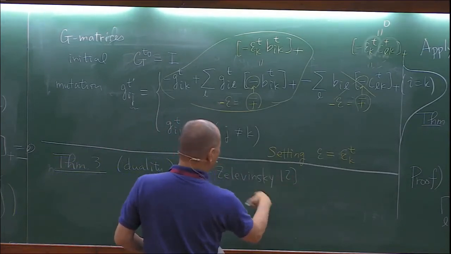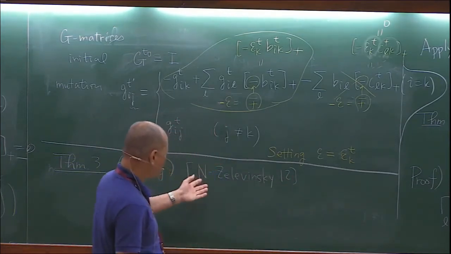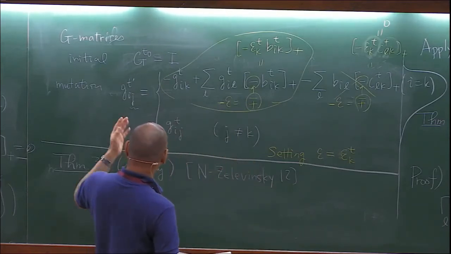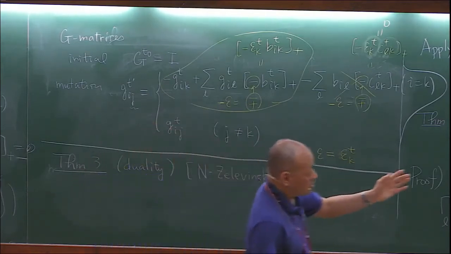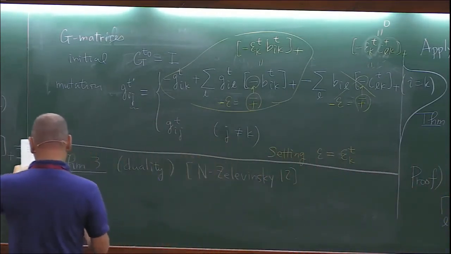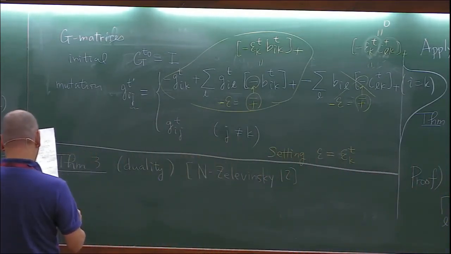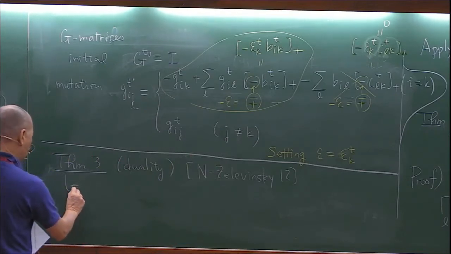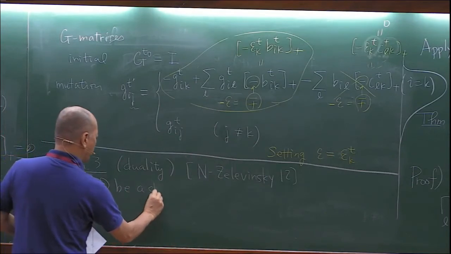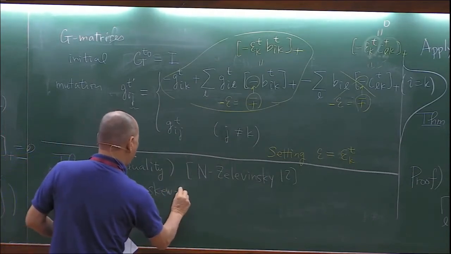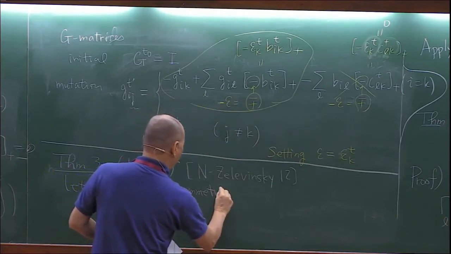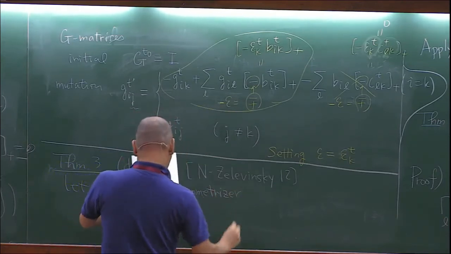Under the assumption of sign-coherence, when we prove this, we claim that this duality happens. But now it is proved, so it is really without any assumption. So the claim is this. Let D be a skew-symmetrizer of